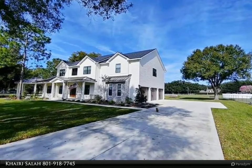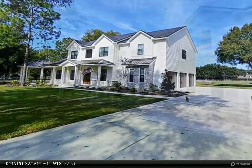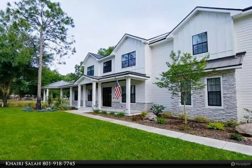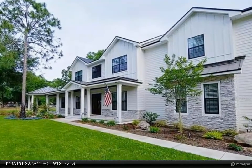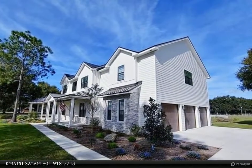New photos coming soon. Welcome to paradise. This elegant 4,805 square feet, 2-story, 5 bedrooms, or 4 with an office, 3.5 baths, this pool home sits on 1.83 acres